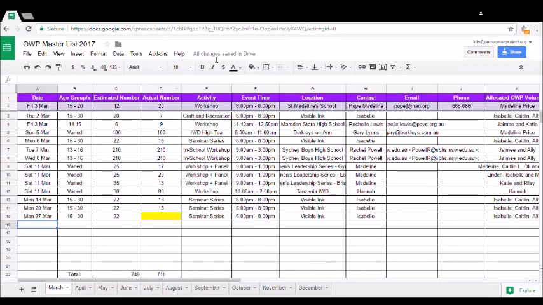But that's basically the overview of the entire master list. It's pretty straightforward. If you need any help, make sure you give